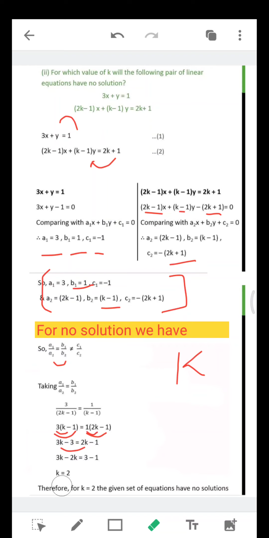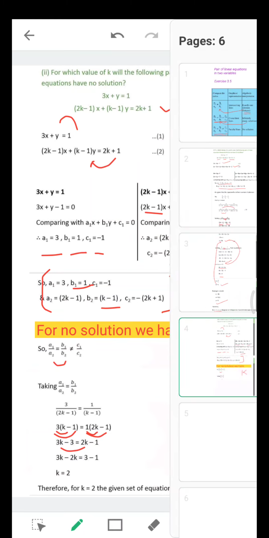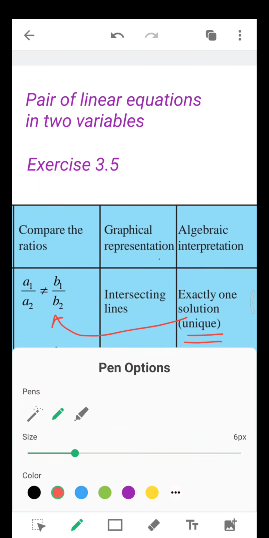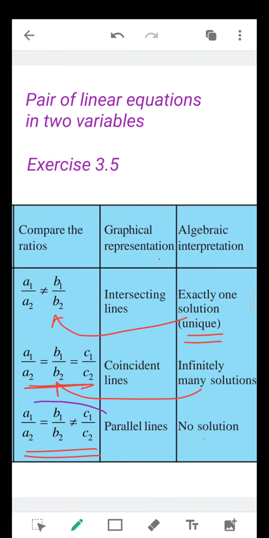So for k is equal to 2, the given set of equations have no solution. If you substitute k is equal to 2 in this equation, then compare the ratios, you will get this condition. Which condition you will get? Yes, you will get this condition: a1 by a2 is equal to b1 by b2 is not equal to c1 by c2. You can verify for your